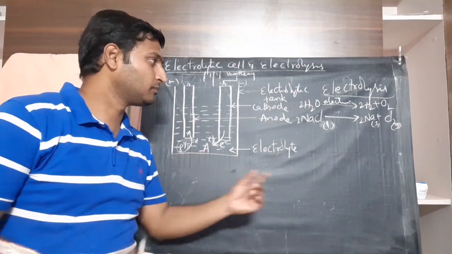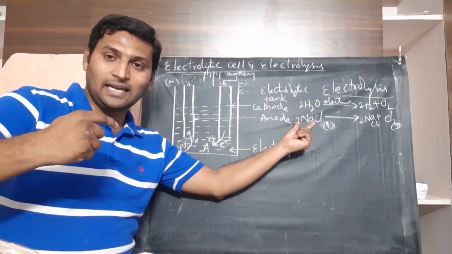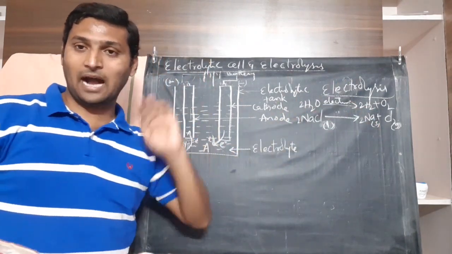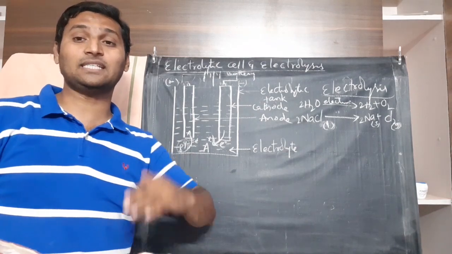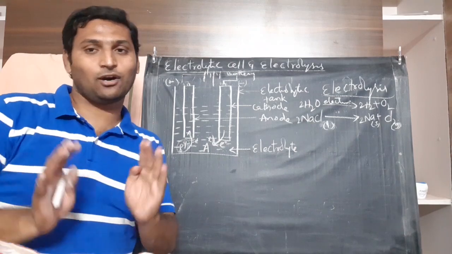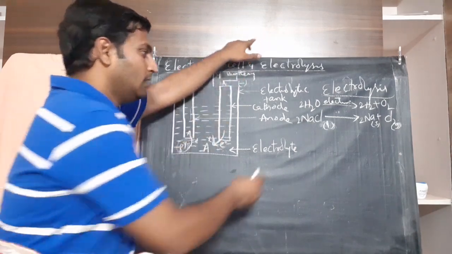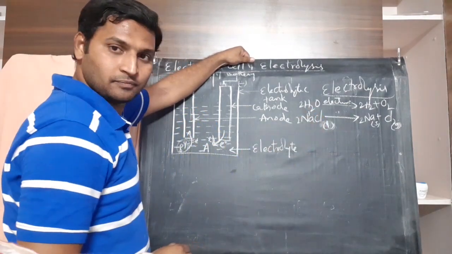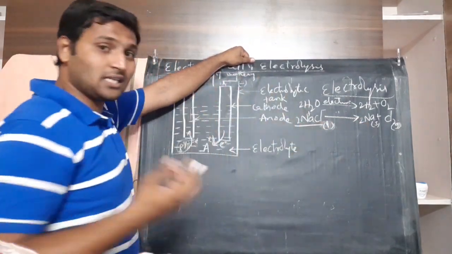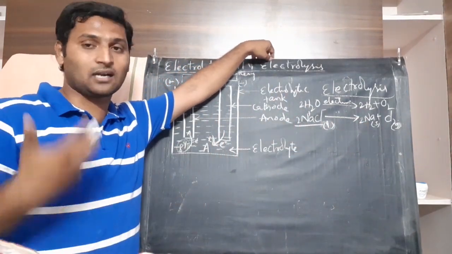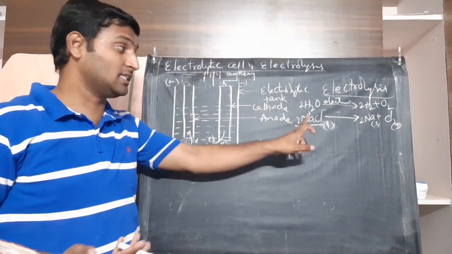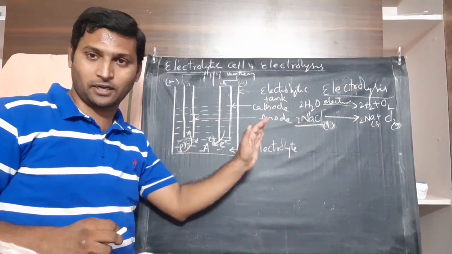Now what is happening? A compound is decomposing, breaking itself into its constituent elements. Now understand the basic idea of electrolysis. Very simple. Here it is cation, right? This is anion, right? Whereas this is a white crystalline substance which we use every day in our dishes for taste, in all our curries. A consumable white crystalline substance called sodium chloride.